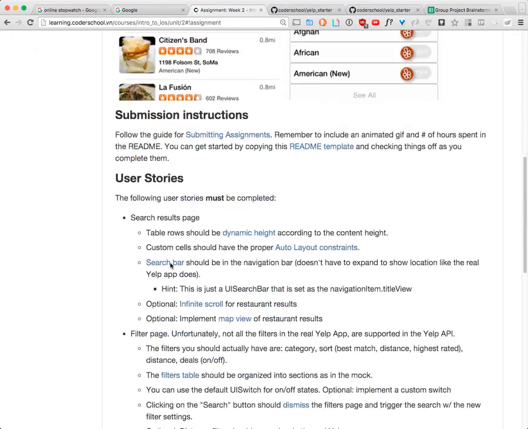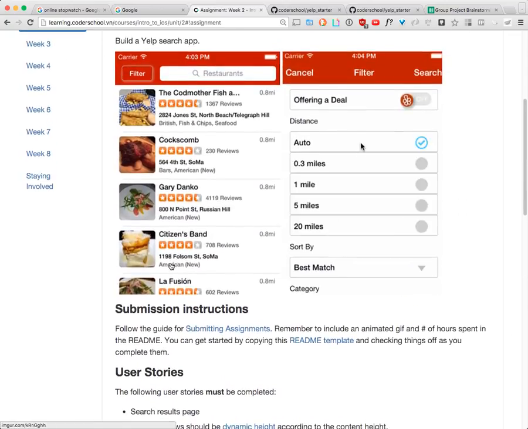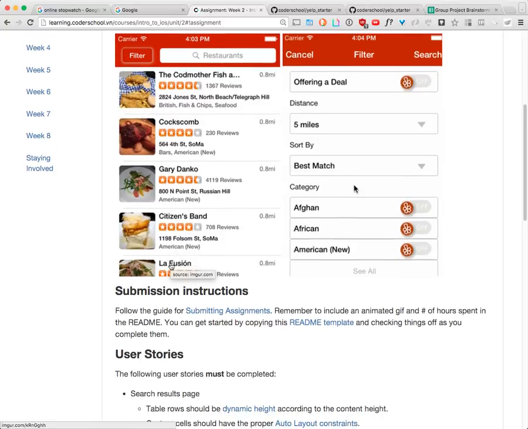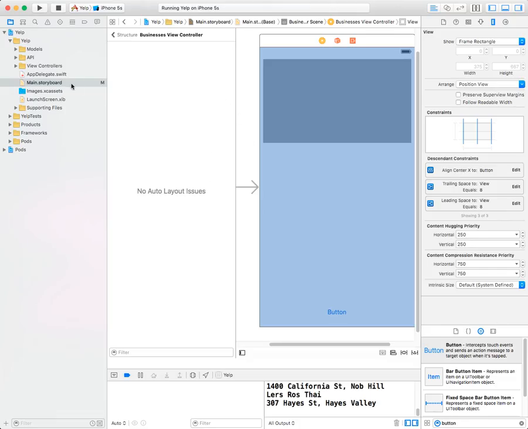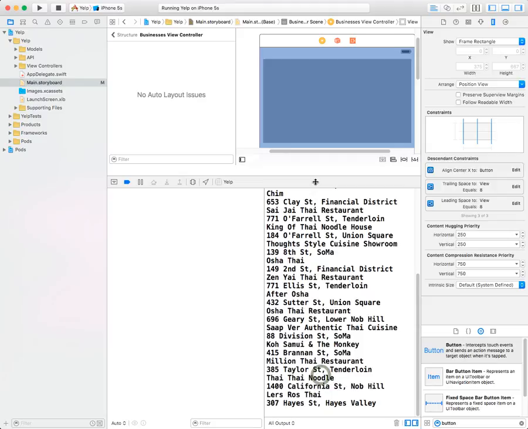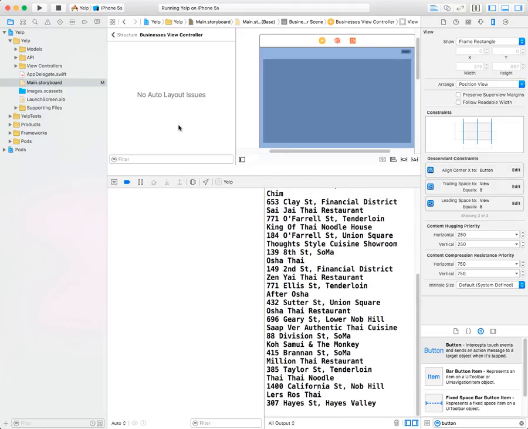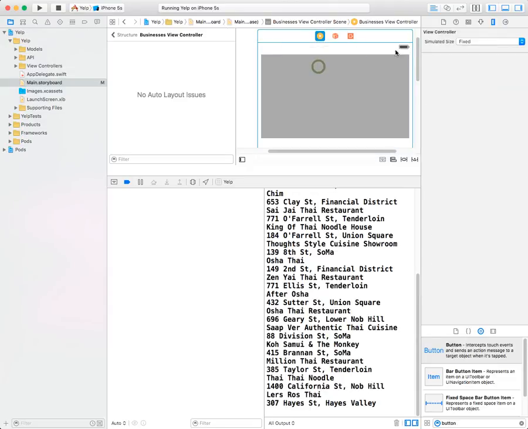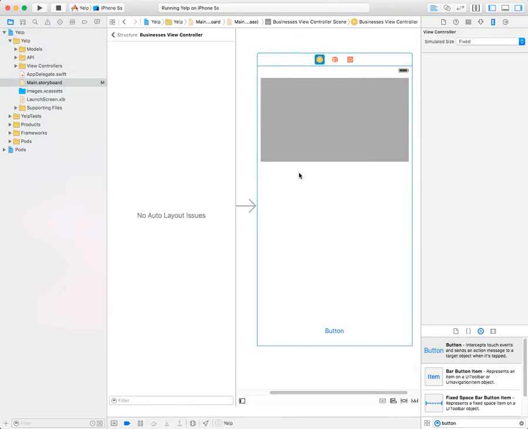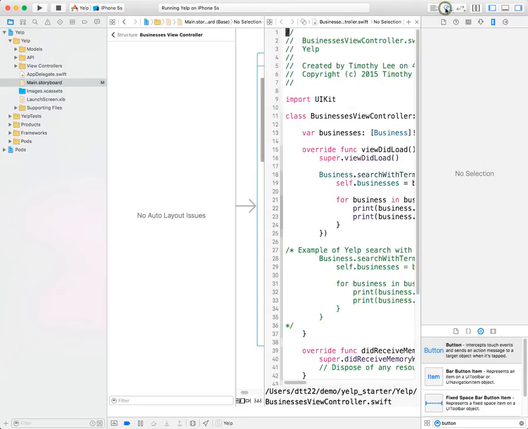With this homework, the first thing we do is just to see what the starter project gives us, right? I actually build this, and I see that I have some log file here. Oh, it uses the Yelp API to give me the list of restaurants. Let me check my controller. Oh, it's good. It's tied to my business view controller. Okay, so what is this business view controller? I click on this Venn diagram,